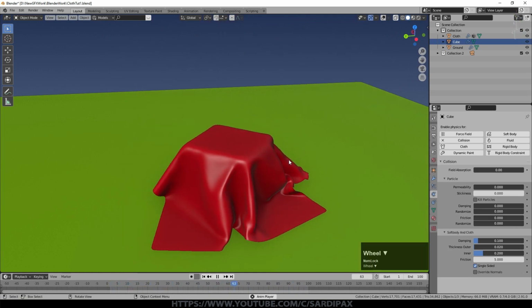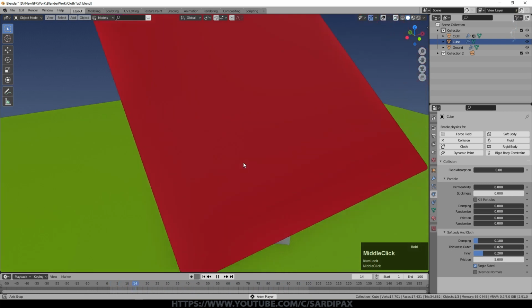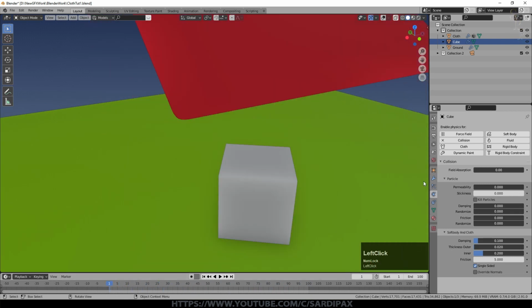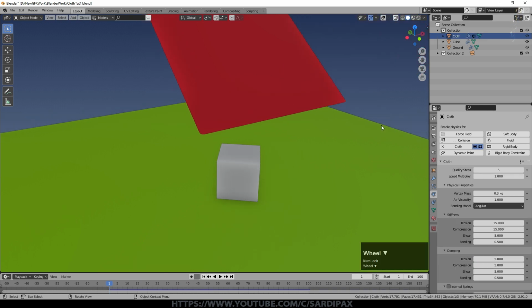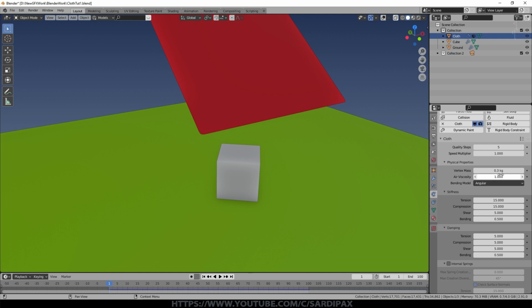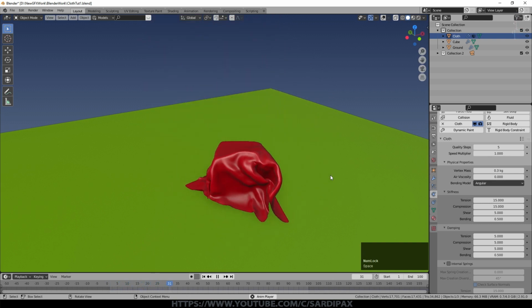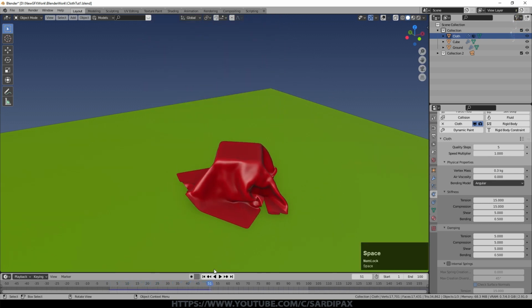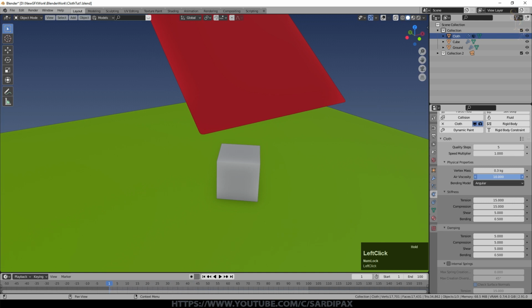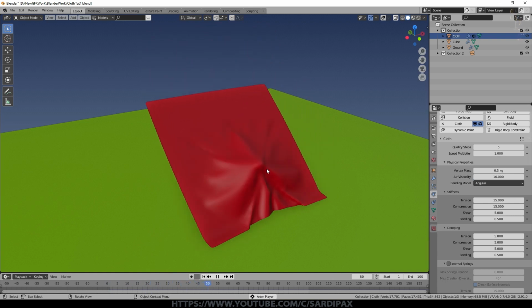But obviously that may not be the type of cloth you're wanting. So there are a number of factors that will affect how that behaves as a cloth and what it sort of gives you. So things like the mass, air viscosity, so how much is it affected by air? So we can try turning that down to 0. And you can see it fell a little quicker. But other than that, didn't make much difference. We can try turning it up to maximum, which appears to be 10. It slowed down a bit there.